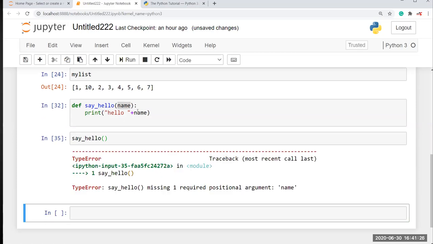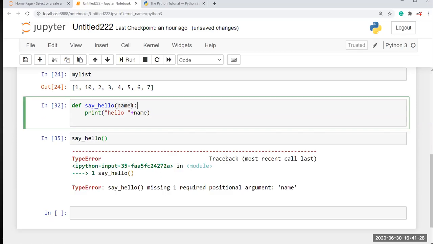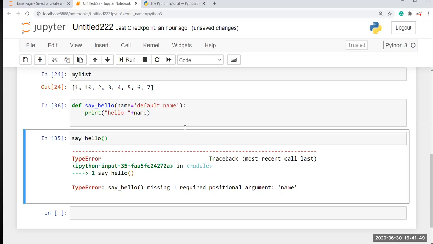Okay, for resolving that, here I am going to give a default value. Okay, you can give it like this. So name equal to, inside single quotes or double quotes, you can pass any value you want. Here I am going to pass default name. Okay, so I run this, then now I check say hello.